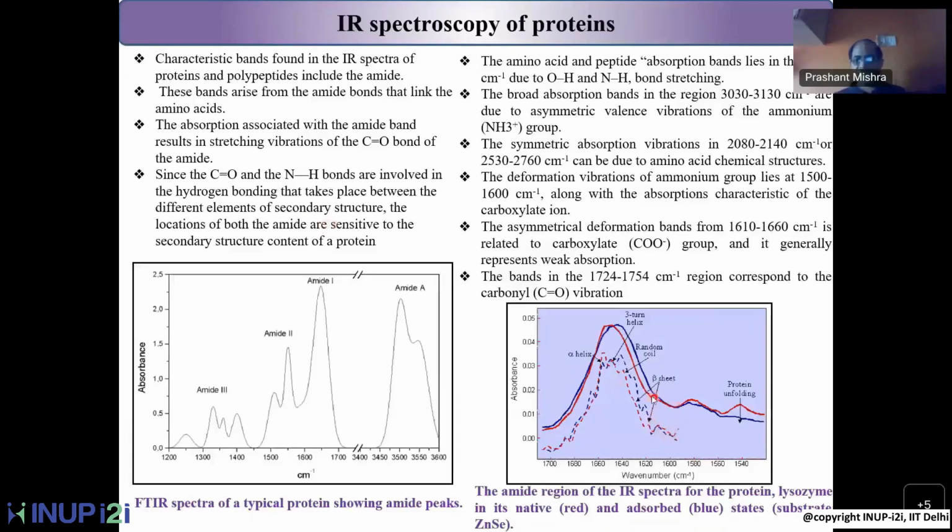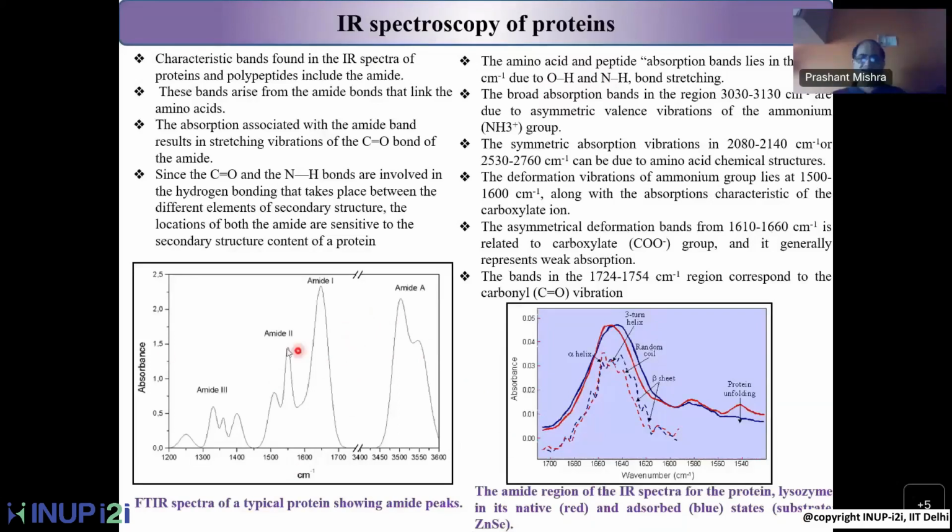You can get where you have a beta sheet structure in a protein. You can get the information about the random coil of a protein. You can get the one peak coming out of the helix, that means the helix pattern or alpha helix pattern. So all the information is present in the spectra which you have obtained. But one very interesting thing over here is that, let me give you some hands-on